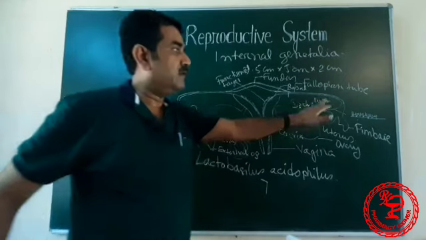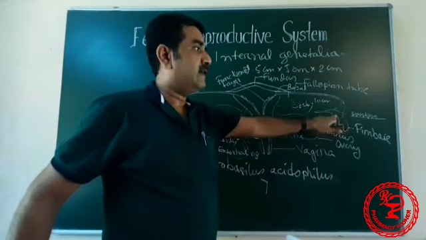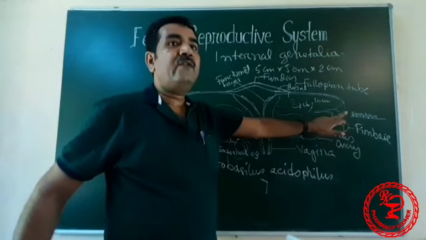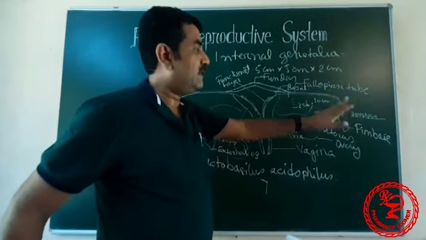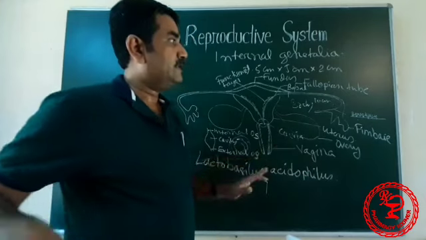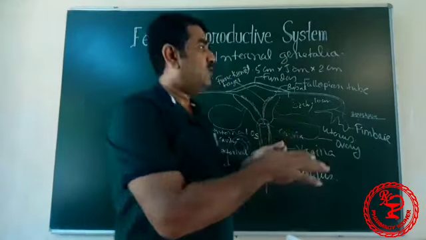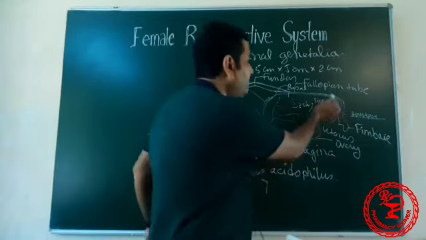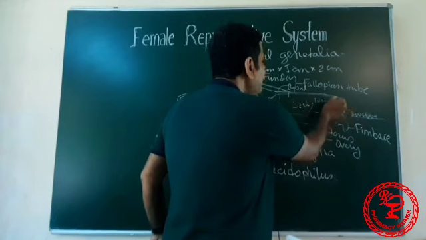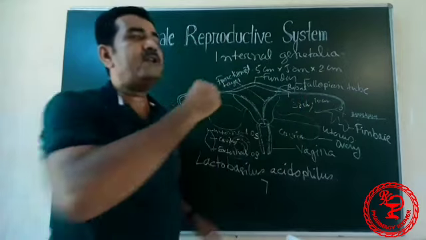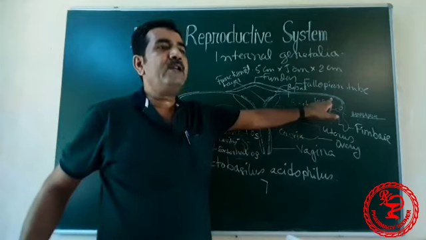The fertilization of ova actually takes place at the distal part of the fallopian tube, and sometimes inside the fallopian tube the fertilization occurs. Next, the cilia vibrate rhythmically, so the fertilized ova can gradually move through the fallopian tube towards the uterus. So that was the fallopian tube.